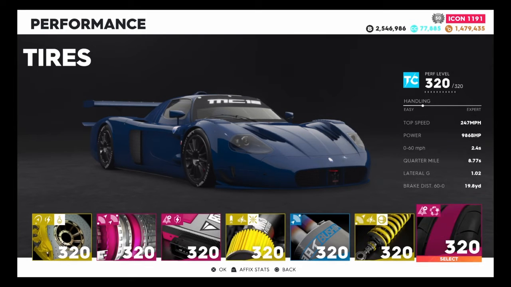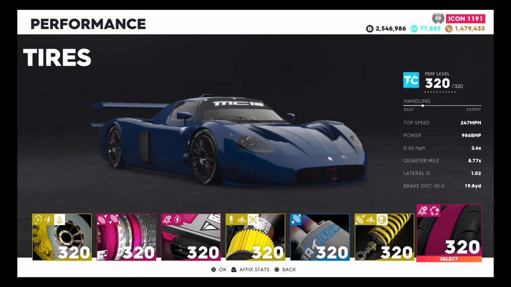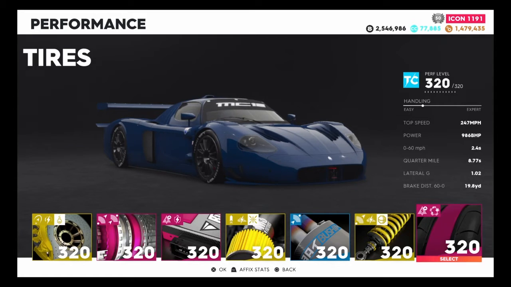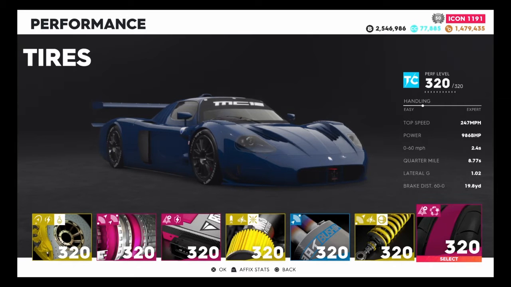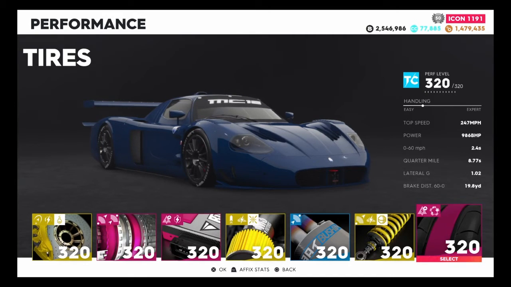So as you can see, the top speed instantly goes up 42 to 247 miles per hour, with the horsepower being 986. 0 to 60 in 2.4 seconds, a quarter mile in 8.77 seconds, and brake distance 60 to 0 is 19.8 yards. So this vehicle definitely has a lot better stats than when it started, but is it better